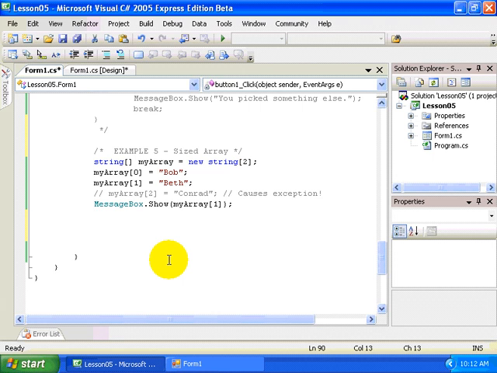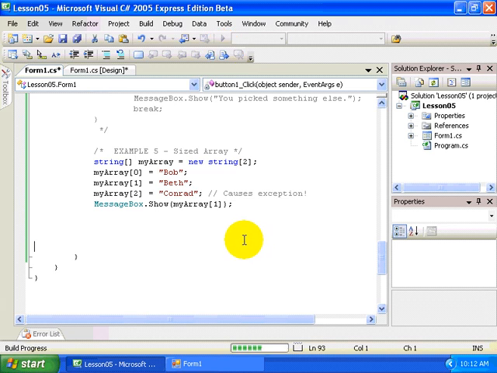Now the next two lines of code demonstrate how to set those values. So for example, myArray with an index of 0 equals Bob, and myArray with an index of 1 equals Beth. Those are the two items that will fit inside of the variable myArray. Okay, so first of all, notice that the indexes that I use to access elements of an array are 0-based. You can't start with the number 1 and go to number 2. If, for example, I try